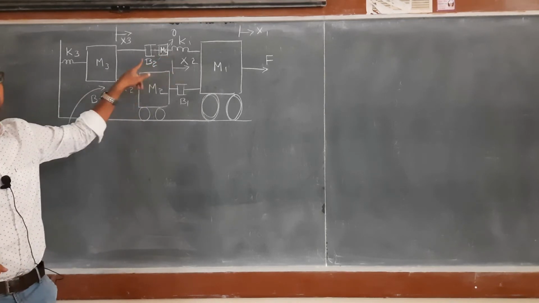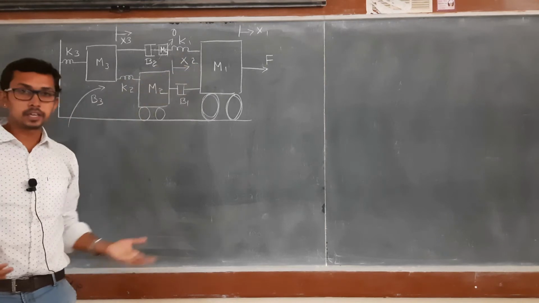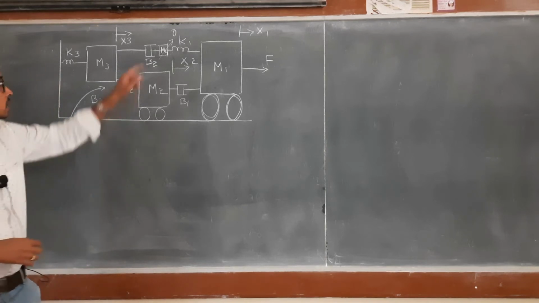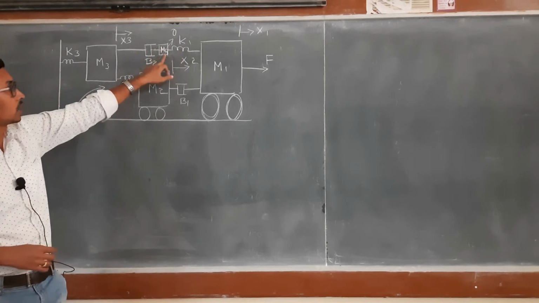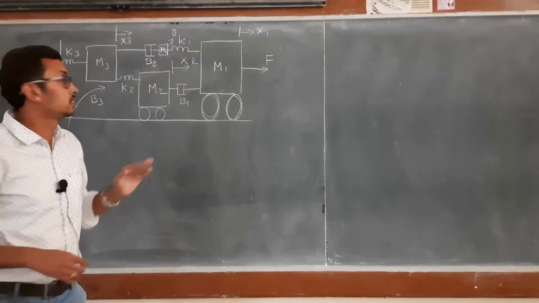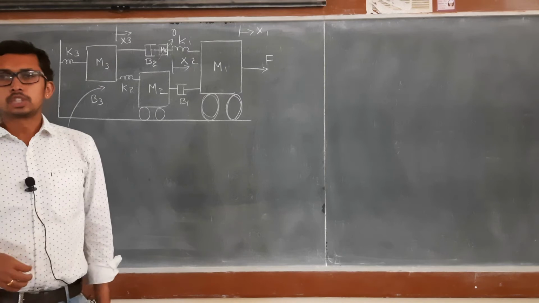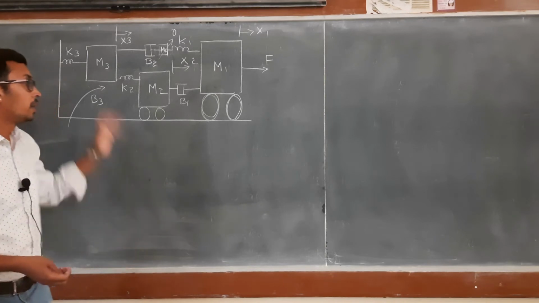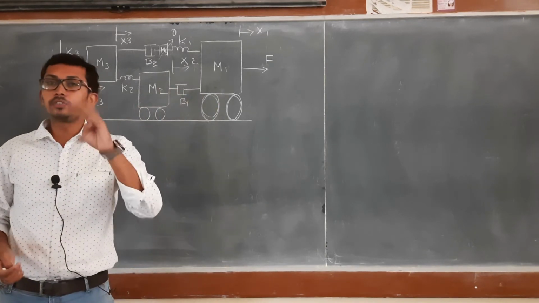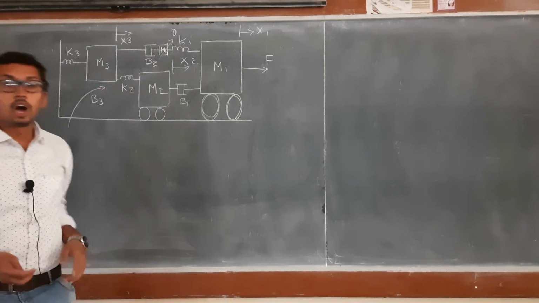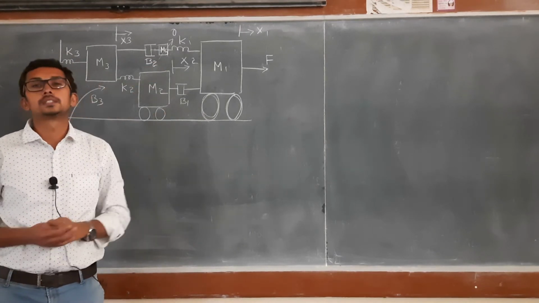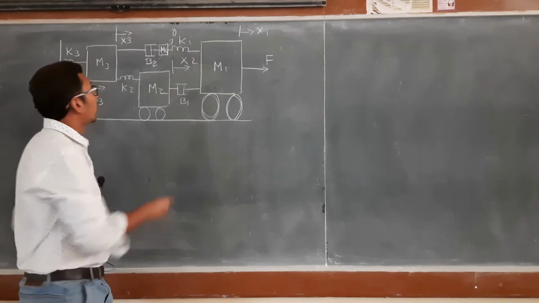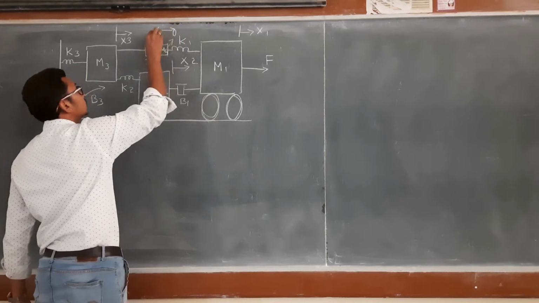Whenever spring and damper, or spring and spring, or damper and damper are connected in series, in between those two elements we need to consider a mass, and that must be equated to 0. If we are equating to 0, why do we have to consider a mass? What I told in the first rule: number of masses will be equal to number of displacements. Including this, there are now 4 masses. Therefore there will be 4 displacements, so I need to consider x4.